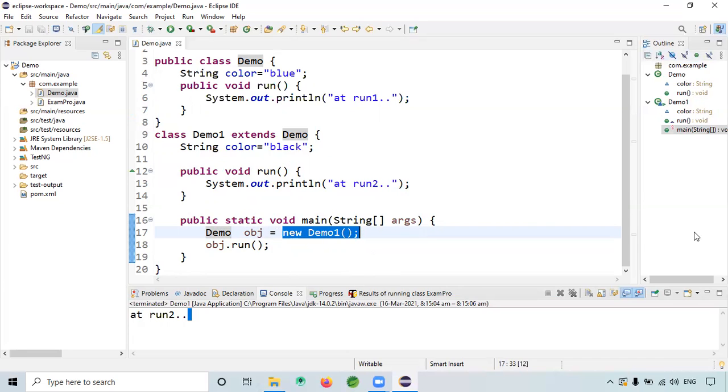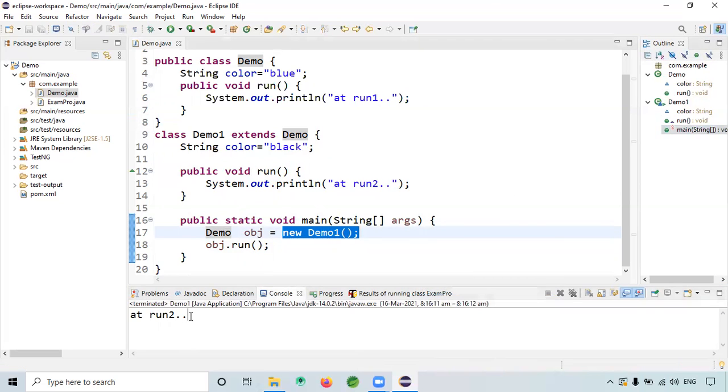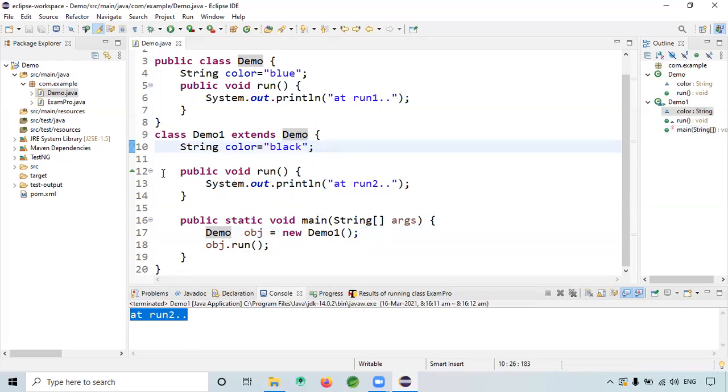I think it will override, and run two will be the output. See, when I run this, it is printing run two. The question is about the behavior of the object. See, when I give SYSO, when I give obj.color.